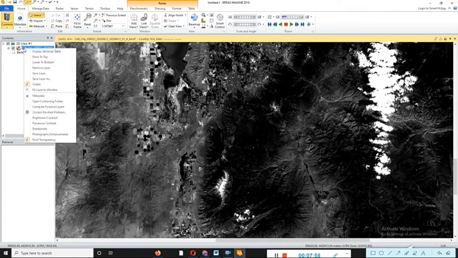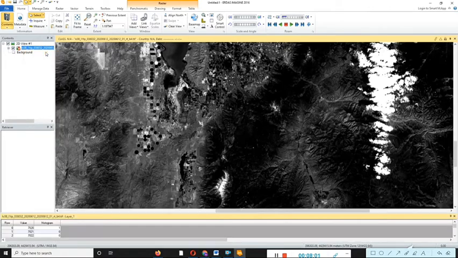So next, just right click on the raster data, and you can see here the display attributes table. Just click on that. The table shows the digital number value of the image by rows and columns.